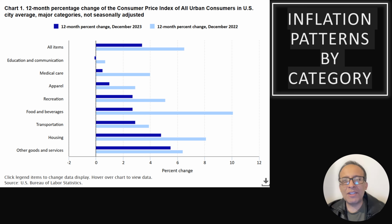So check out this chart on the percentage change in the consumer price index across various categories over the past 12 months. Here is the breakdown. All items up around 3.4%, indicating overall inflation. Check out this: education and communication fairly stable, slight changes. This is remarkable. I think particularly education